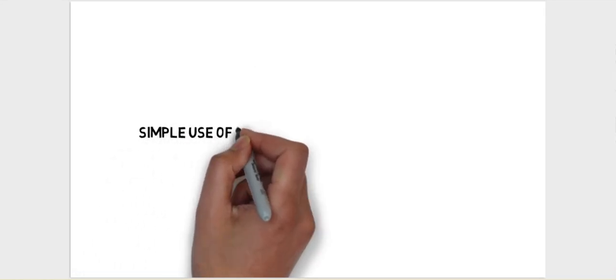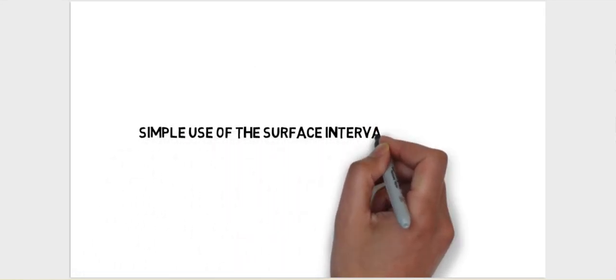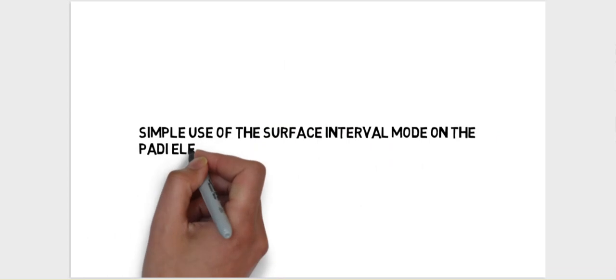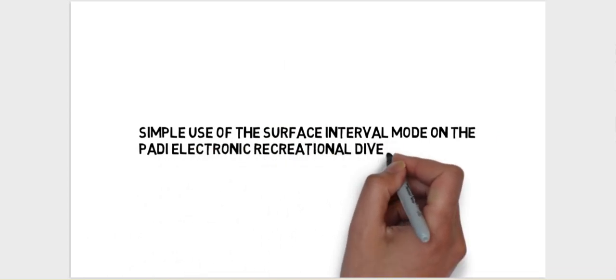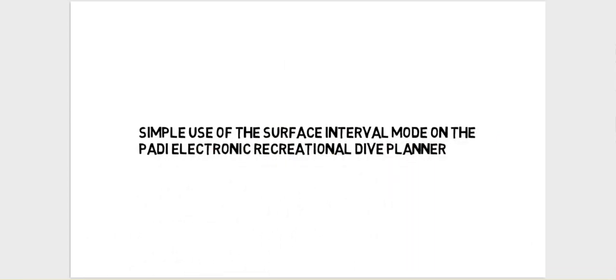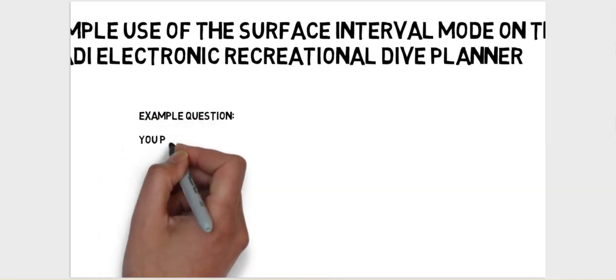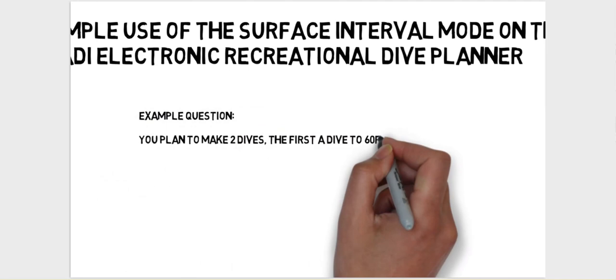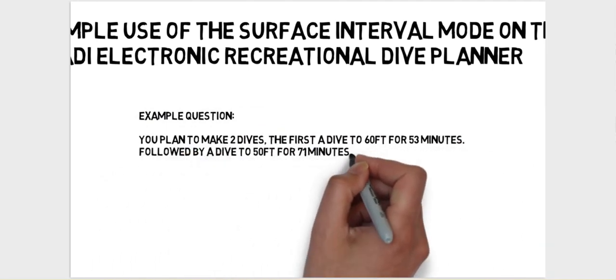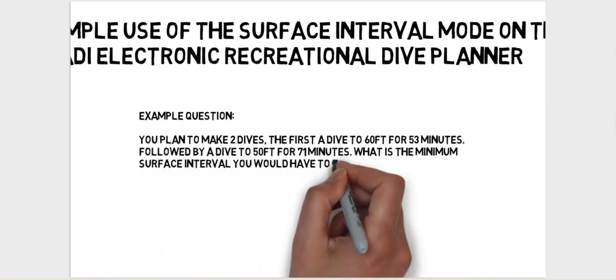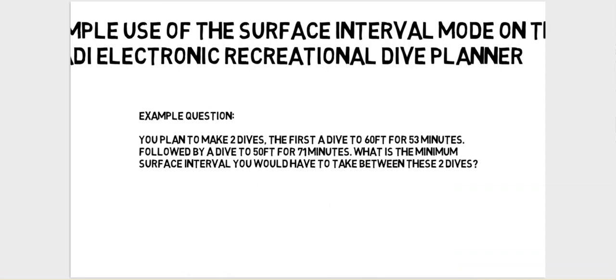So in this, the second tutorial video on how to use the RDP, we're going to look at the surface interval mode. So let's bring up an example question to use. If we're planning to make two dives, the first a dive to 60 feet for 53 minutes, followed by a dive to 50 feet for 71 minutes, what is the minimum surface interval you would have to take between